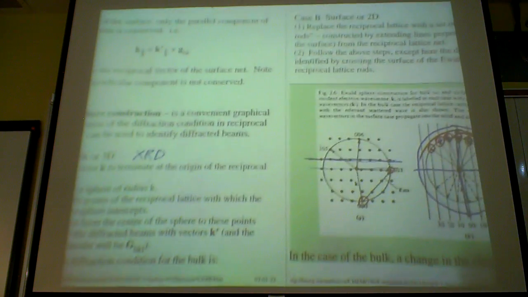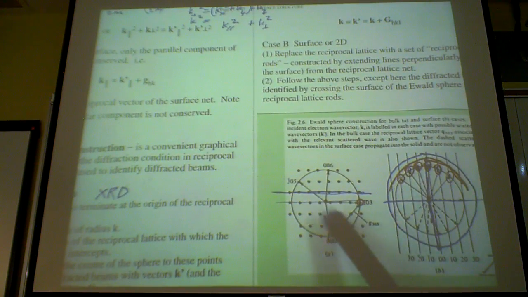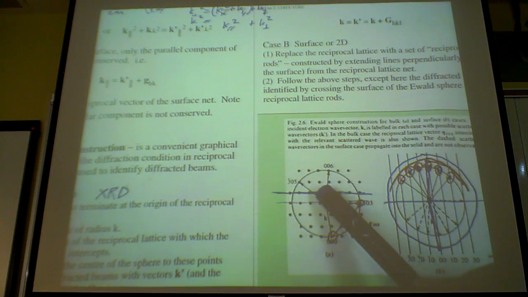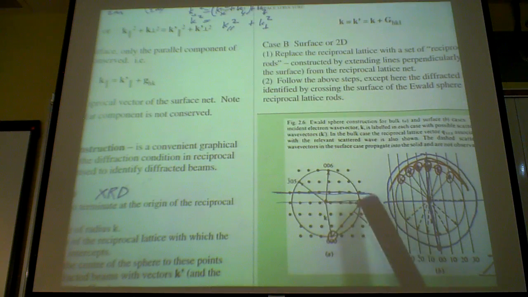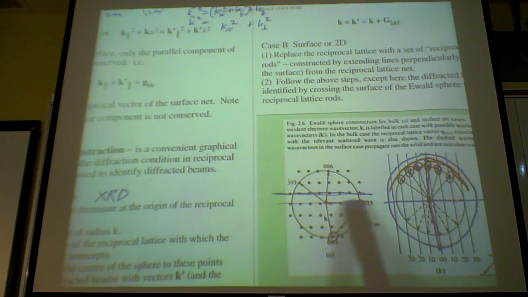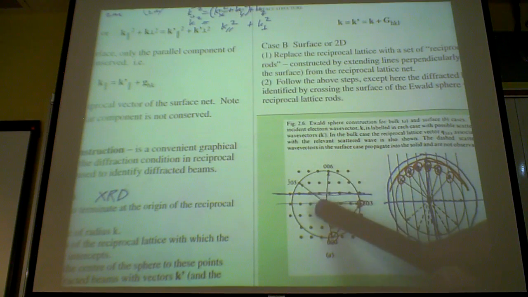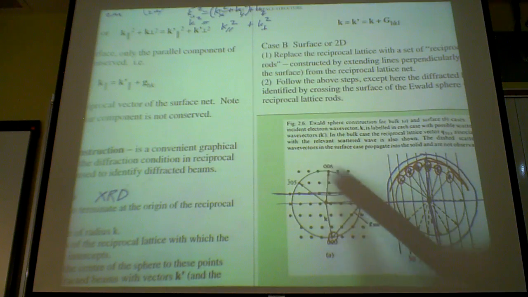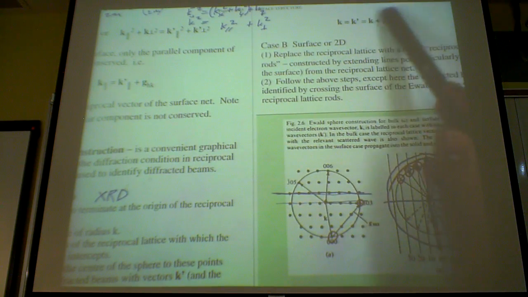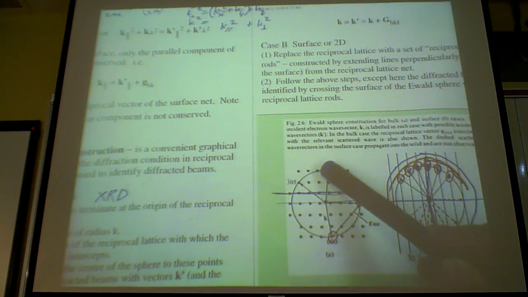If I have one spot here corresponding to my incident vector, k, and the other spot corresponding to my k prime, because of the intercept on the spot, they must be related by some reciprocal lattice vector,